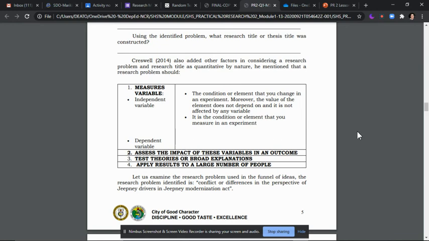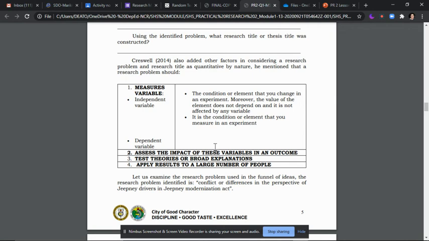Bakit? Kasi sa teorya mo, gaganda yung grade ng isang bata kapag magaling siya mag-English. So meaning, ang nakakaapekto ay yung English proficiency sa mathematical ability. Teorya mo pa lang yun.